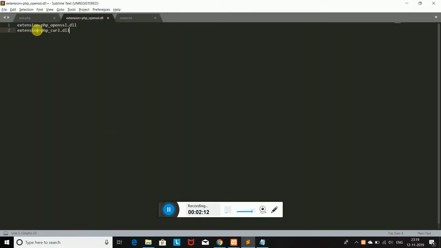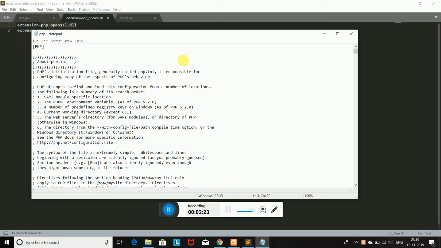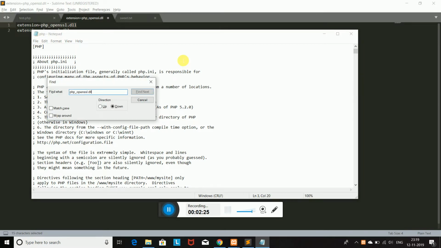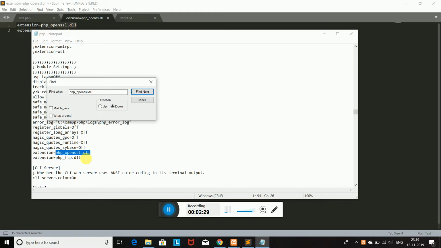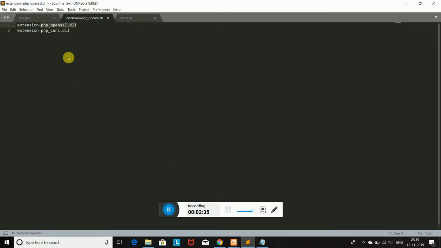First is the php_openssl.dll file. So I copied it and searched in this php.ini file. Find next. Here is the extension which has already been enabled, not commented out, and another extension is php